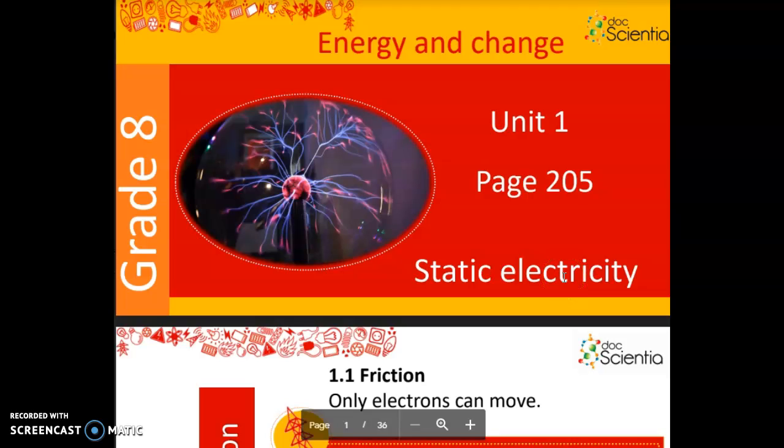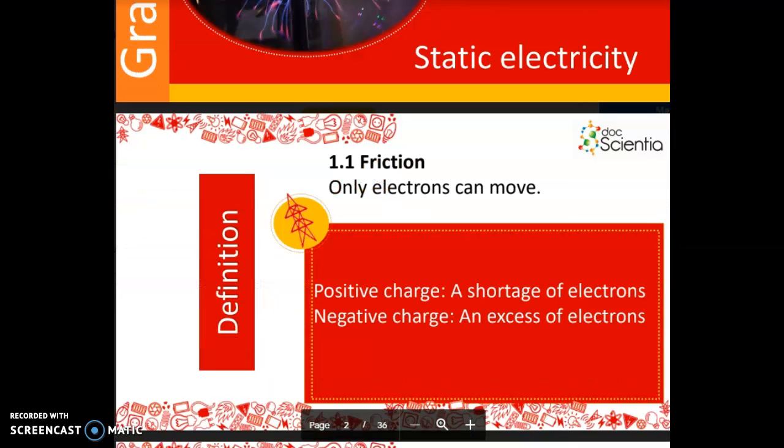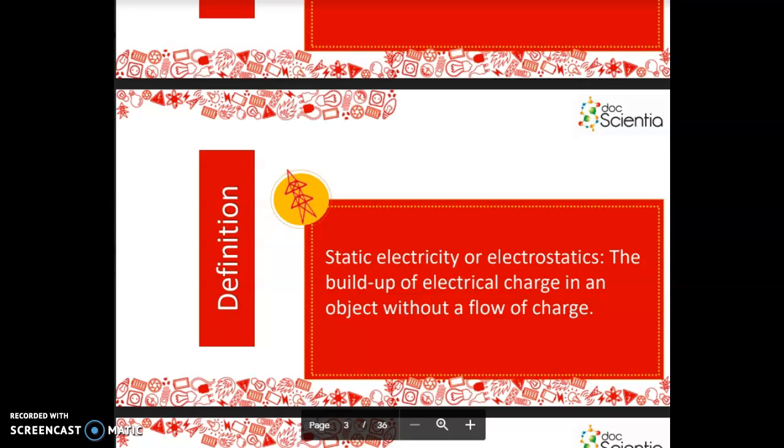In today's video, we're going to do static electricity, and this is to do with energy and charge. So let's get right into it. First of all, we have friction. Only electrons can move, and a positive charge is a shortage of electrons, and a negative charge is an excess of electrons. Static electricity, or electrostatics, is the build-up of electrical charge in an object without a flow of